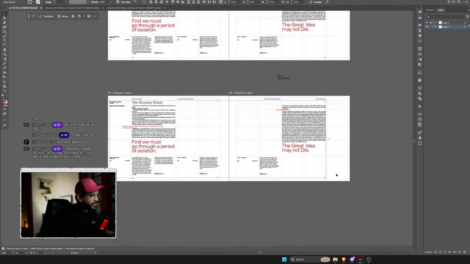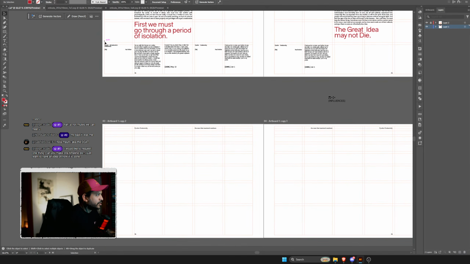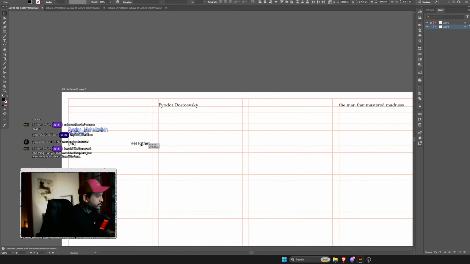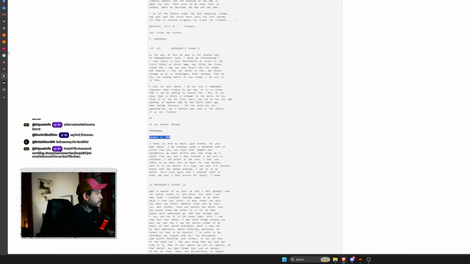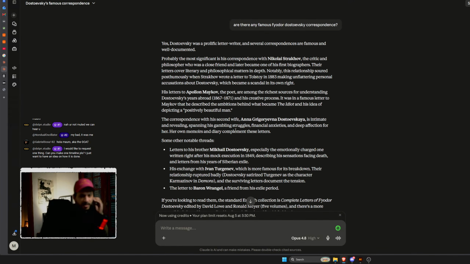Let's get rid of the main text, right? And you can start, for example, and that's the key when designing stuff, you need to design the timeline, right?